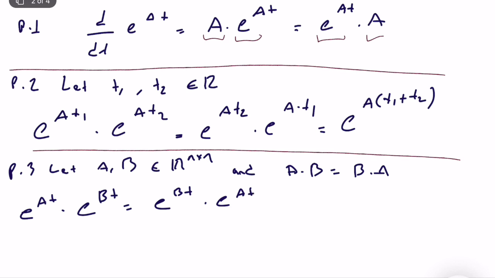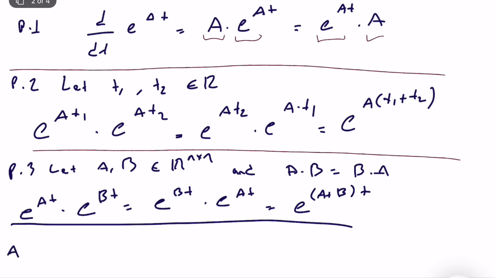And the proof of this is relatively easy, and it is indeed equal to e^((A+B)t). So under the case that your individual matrices are commutative, your exponential functions are also commutative. Moreover, you can combine it into a single exponential function where (A+B) times t. You should also note that if we violate this commutative assumption,